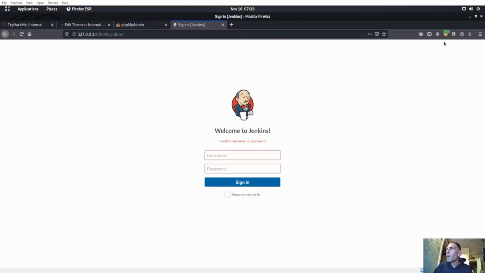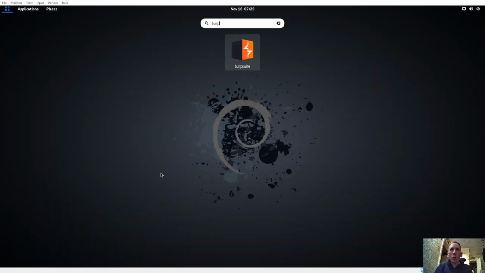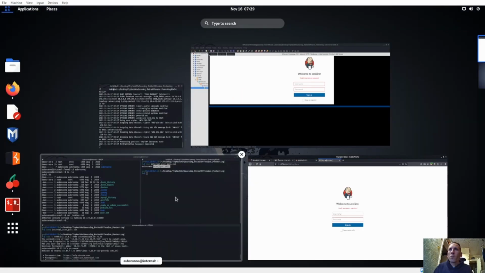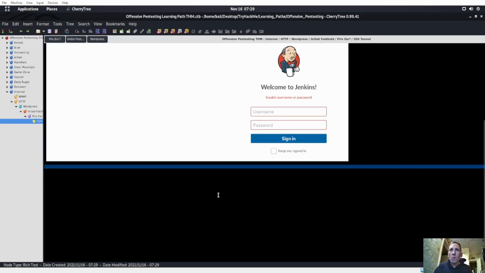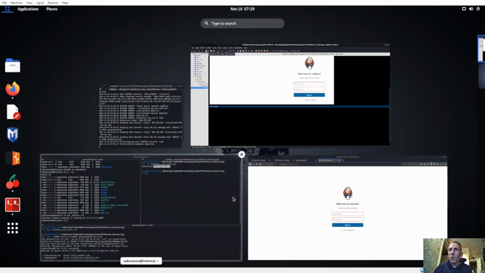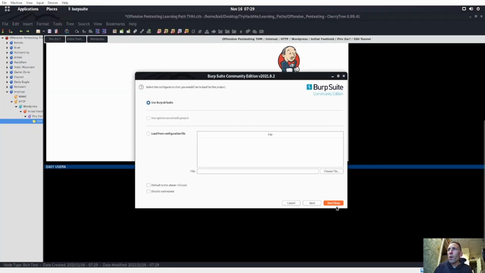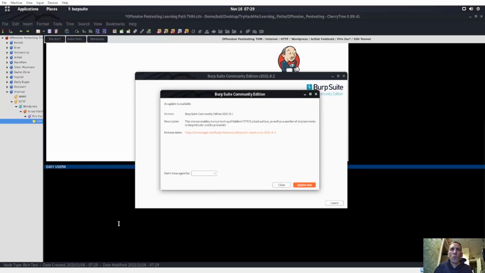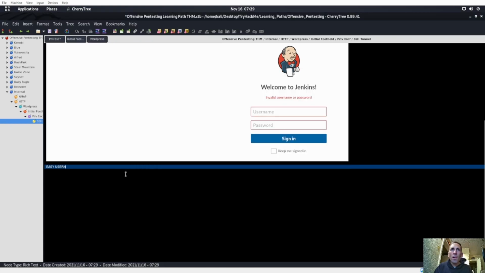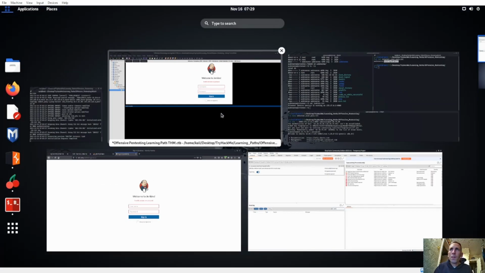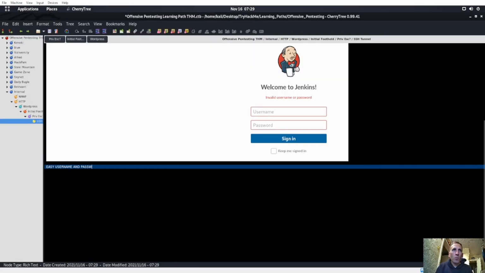Okay, for here we're going to turn on Burp Suite. Let's go ahead and get Burp Suite up and running. So, easy usernames. Whoopsie daisy, nobody's name. Close Burp Suite. I didn't. Okay, cool. Easy usernames and passwords didn't work. Username and passwords did not work. Fired up Burp Suite to intercept the request, and hopefully